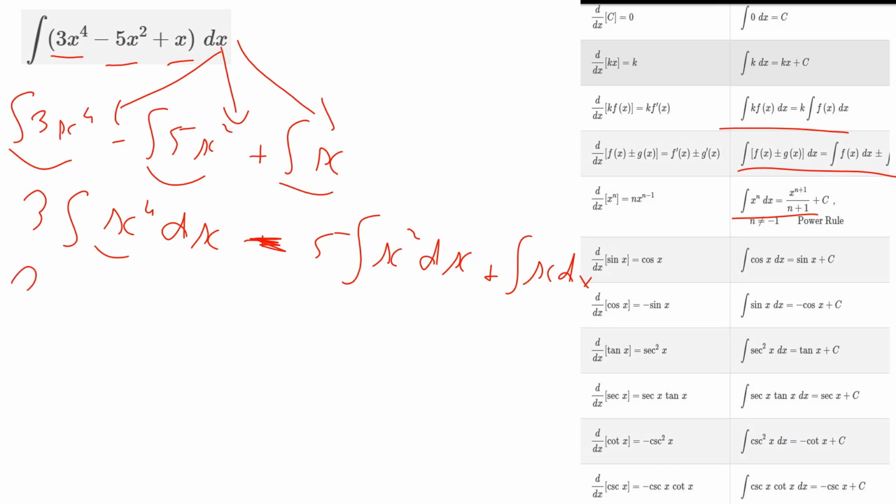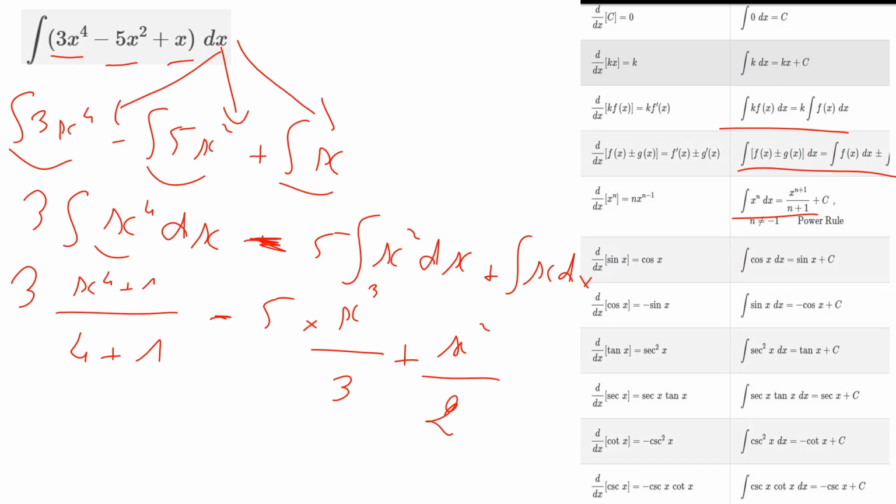So we'll end up with something like x to the 4 plus 1 over 4 plus 1, minus 5 times x cubed over 3 plus x squared over 2,